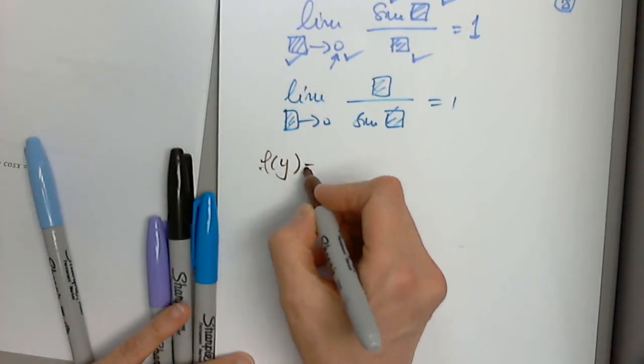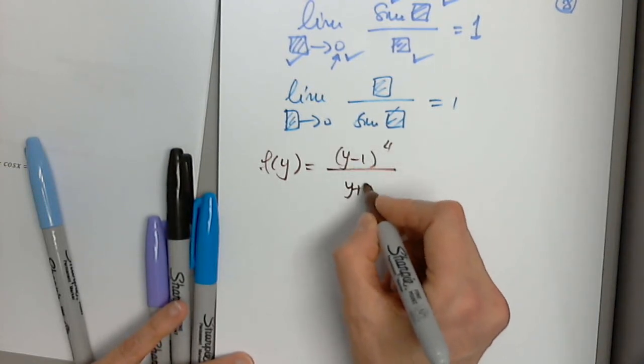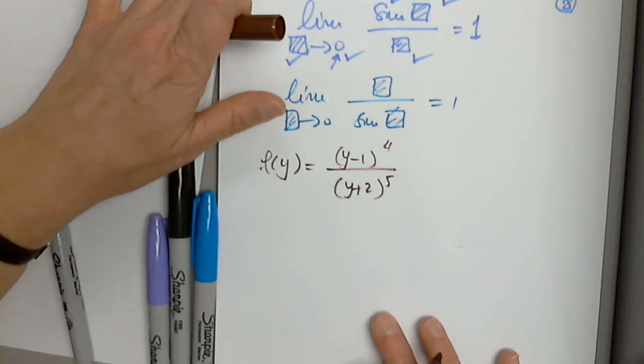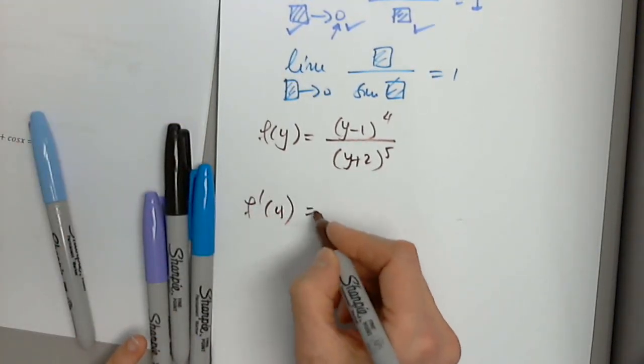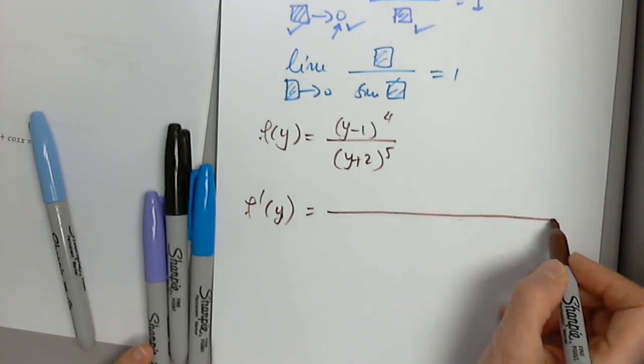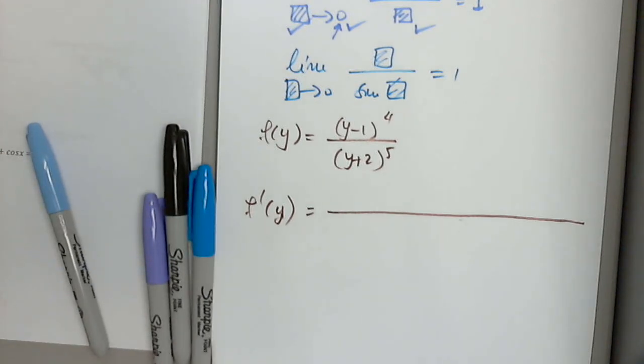So f of y equals (y minus 1) to the 4th, everything over (y plus 2) to the 5th. So then f prime of y. 4 times (y minus 1). Say it again. Yes, we have to use the quotient rule. That's fine. Also, remember, this problem will ask you to complete